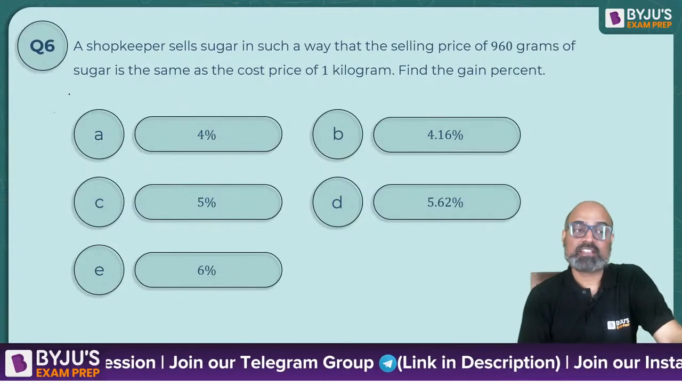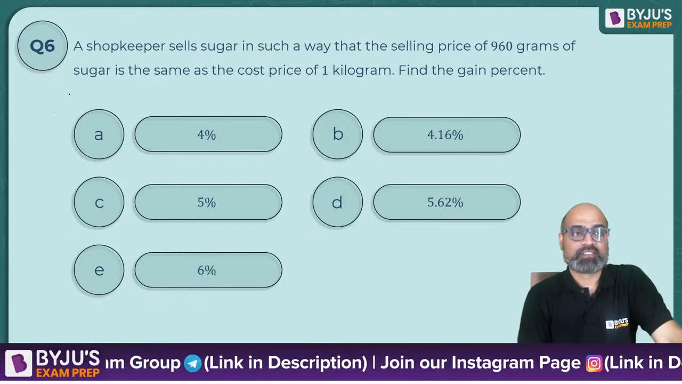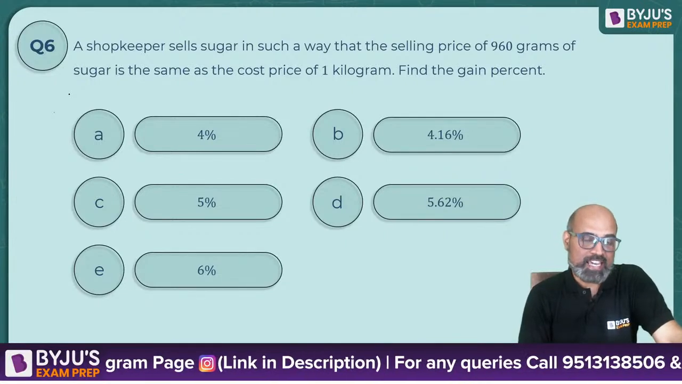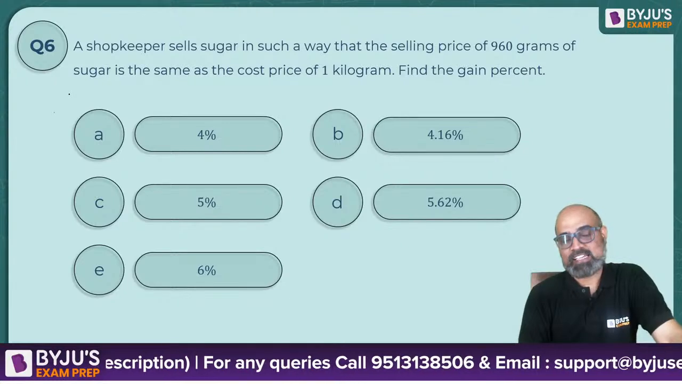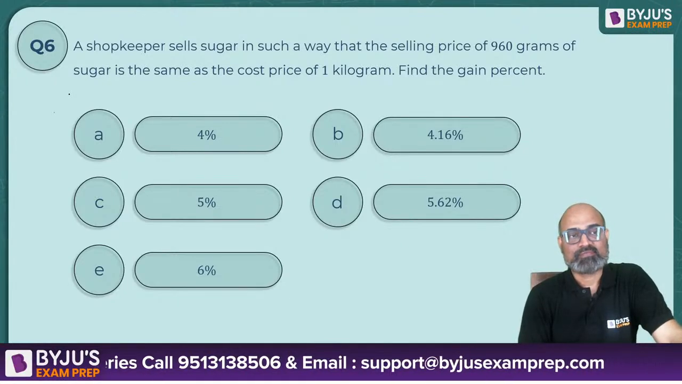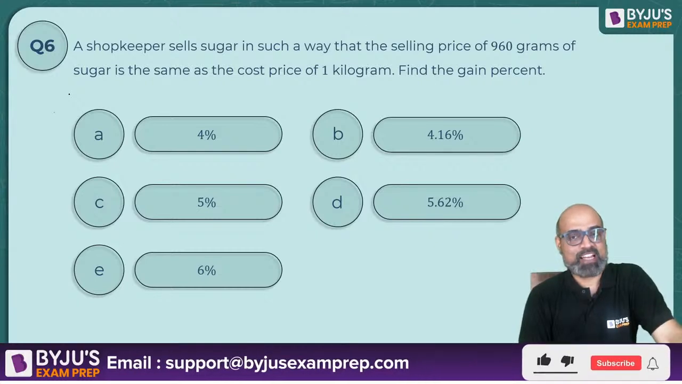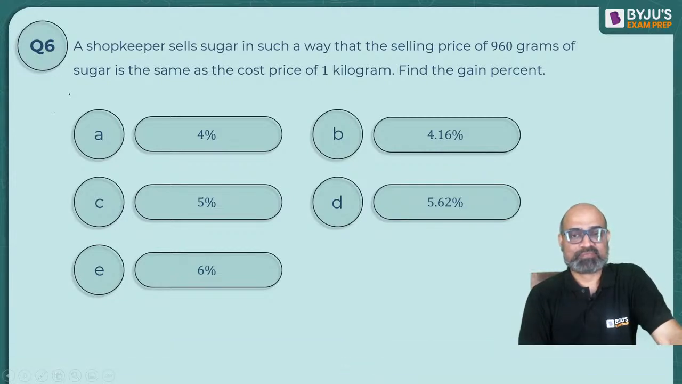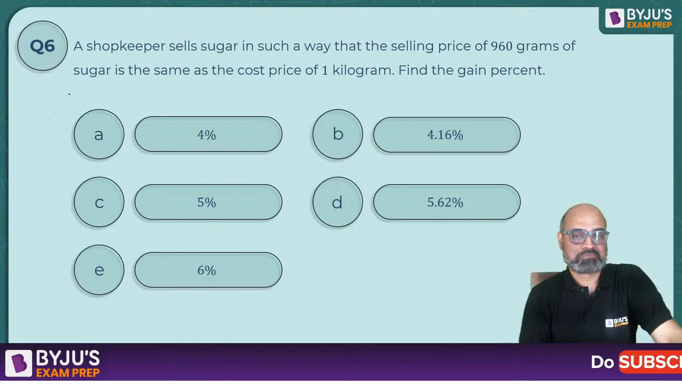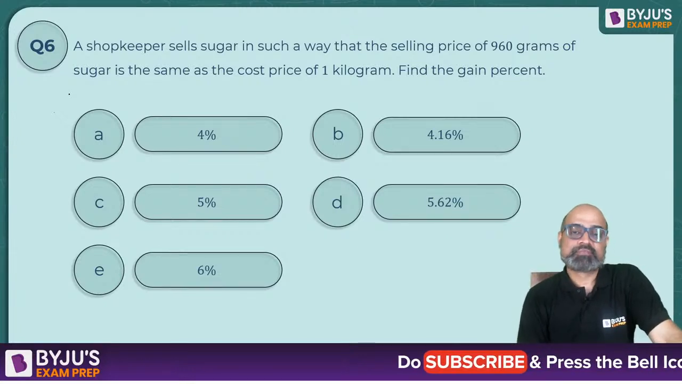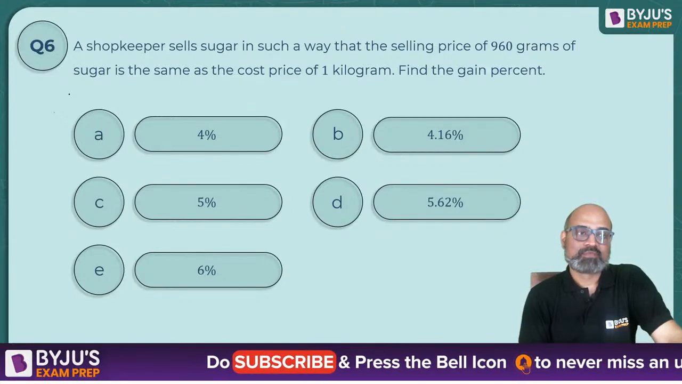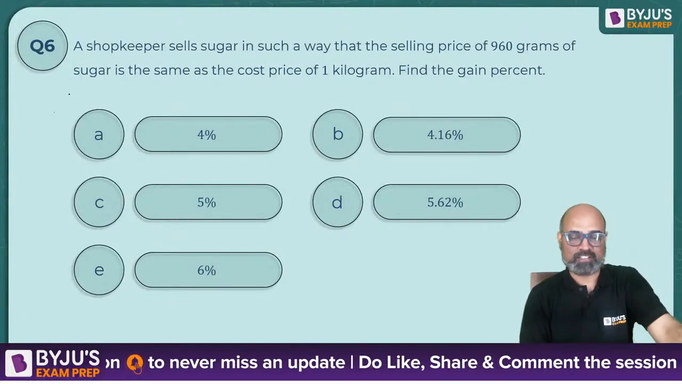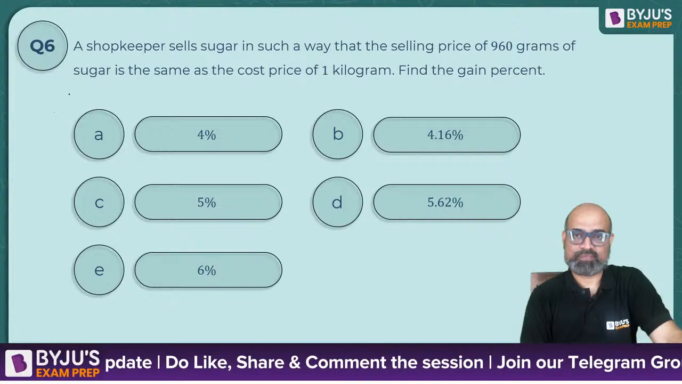Ash says A, that is 4%. Pranjal says A. Shubham says A. Everyone is saying A. I don't think A is the answer. Victor says B. Okay. रोहन सेज बी, ए और बी में कंफ्यूजन है, सो मिहिर आज क्लियर कर लेंगे, ठीक है।